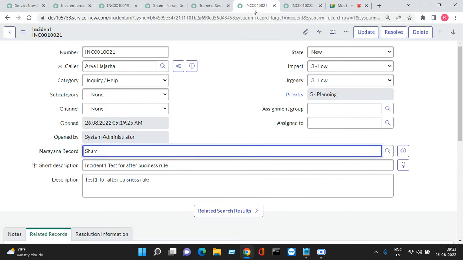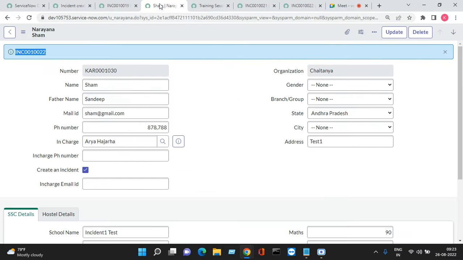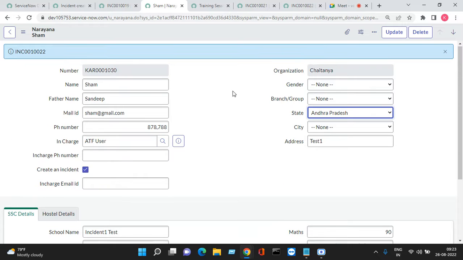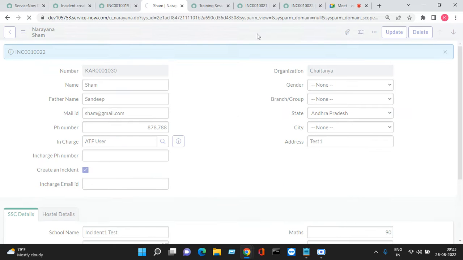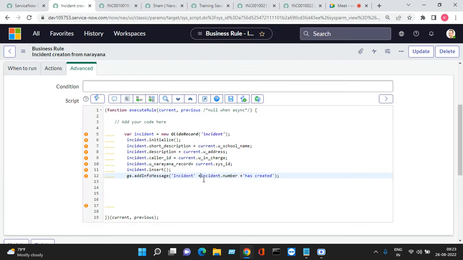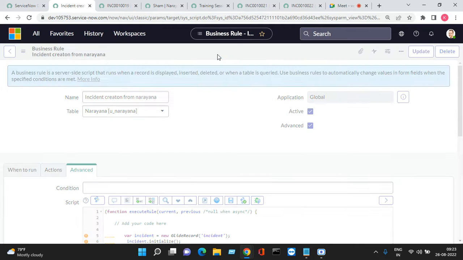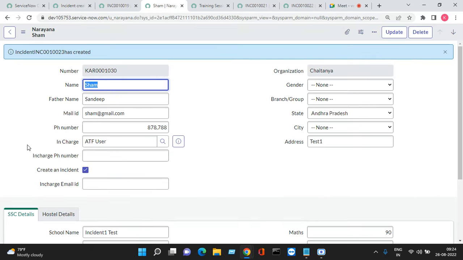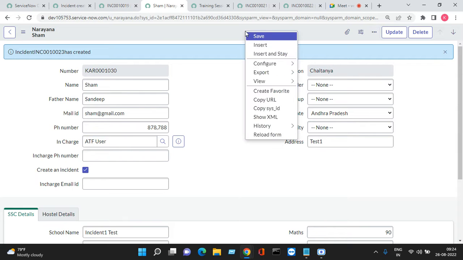So now what happened? So again, I'm just going to here. I'm making the ATF test user and saving this record. See what happened? Incident. The number has been created. So if you give some space, it will give something like this. For example, if I give like this, so again, if I save this one,